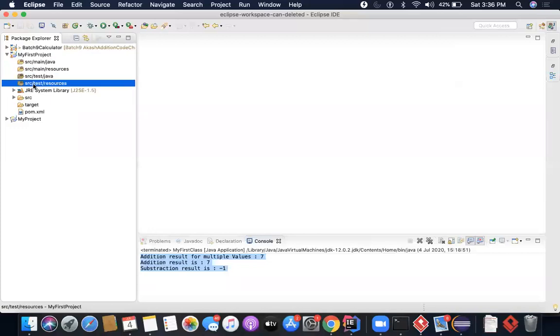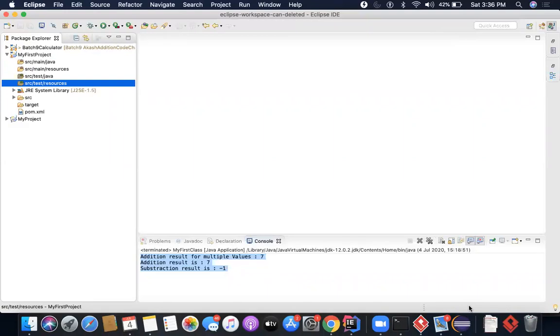Now, if you are doing it for the first time, it won't happen immediately for you. It will take some time. You will get some message here that I'm downloading Maven or something of that sort. And you have to wait until this kind of structure is displayed on your machines as well.